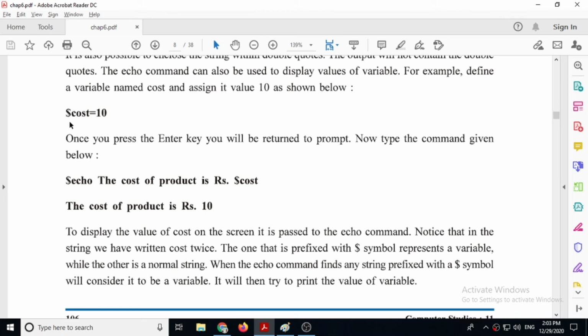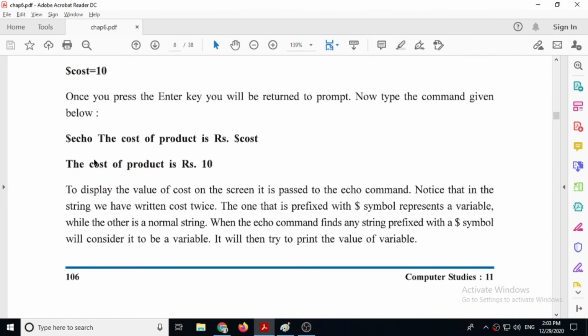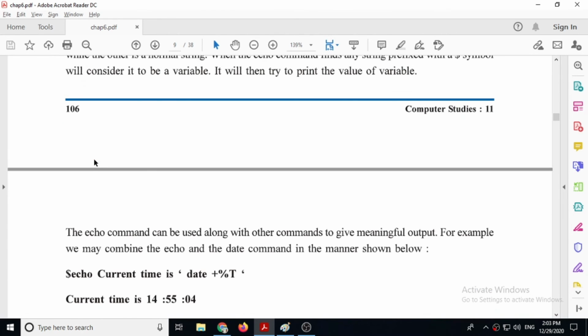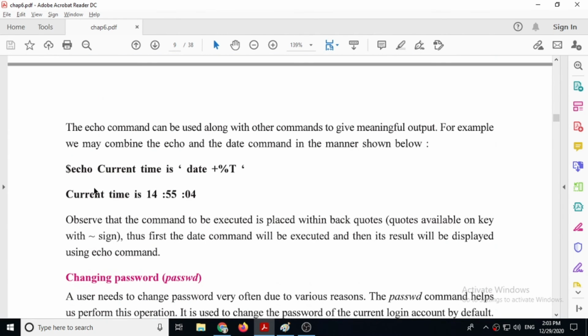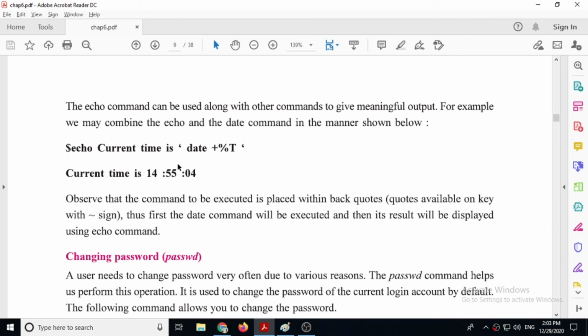This is actually the command prompt, where you are writing commands. Same way, if you want to print a sentence, then echo current time is, but remember, you are not to use a single quote. This is a single quote actually. There is a mistake in the book. Here you have to give the backtick sign, which is available on the keyboard below the escape key. So it will display the time: the current time is, then the time.